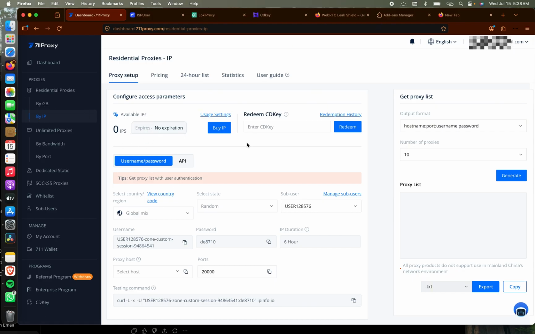So the first thing you will do is you need to get the available IP balance for you to be able to get a proxy out of 711 Proxy as a SOCKS5 proxy provider. So to do that, you need something like a CD key,